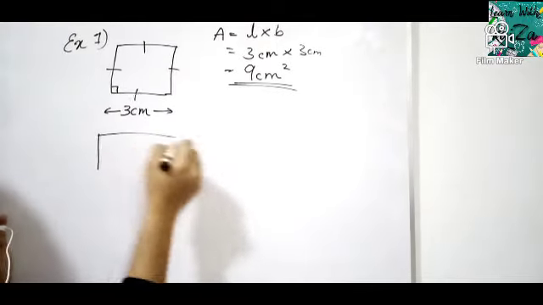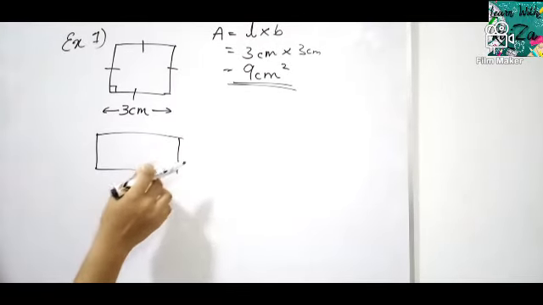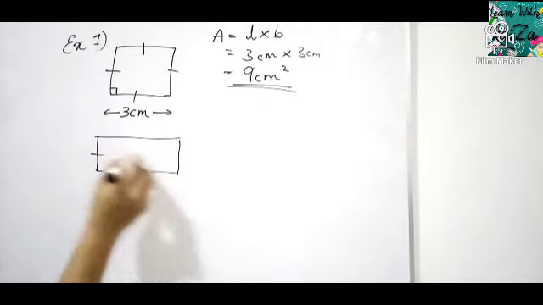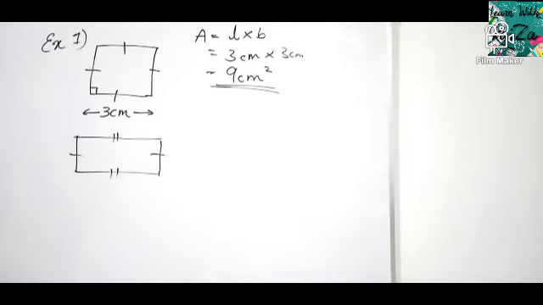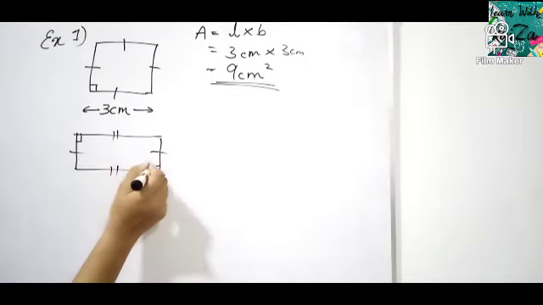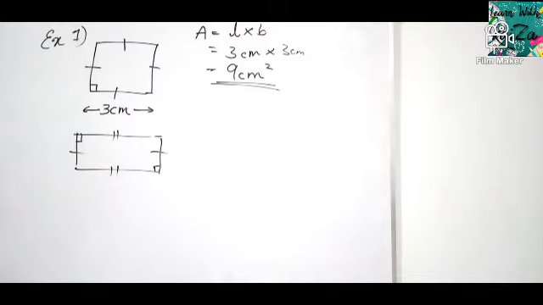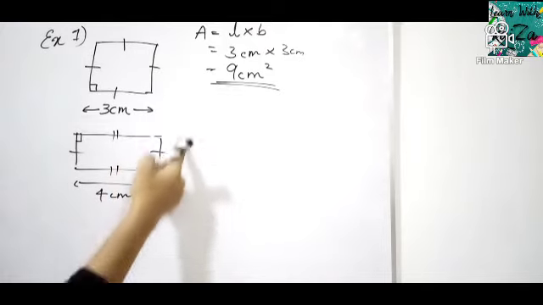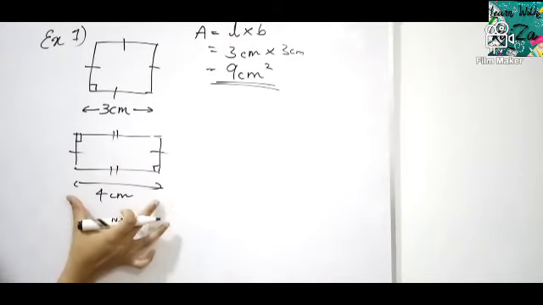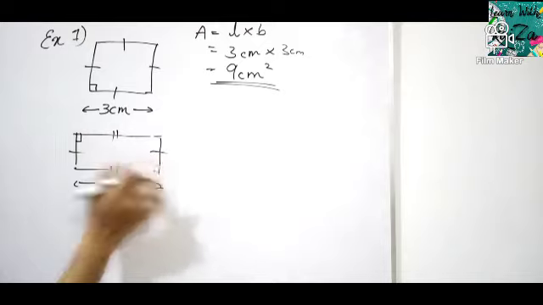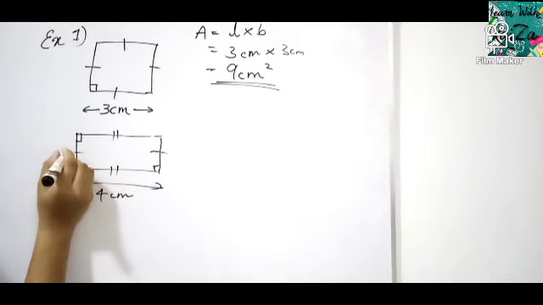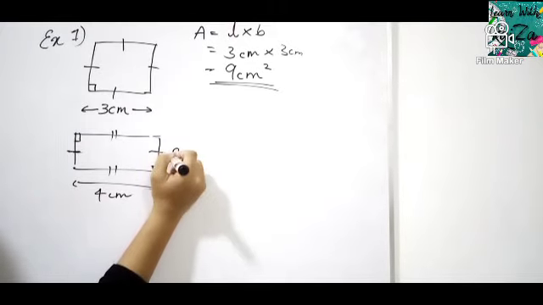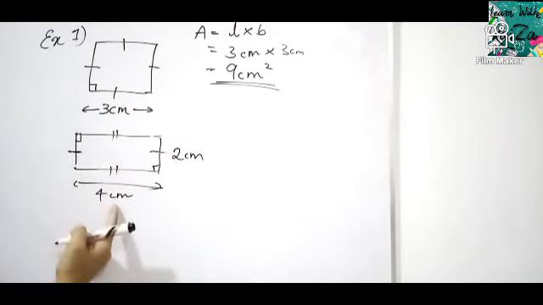So then let's take another simple figure. That is area of the rectangle. Okay, this is a rectangle. So a rectangle is not like the square. Two sides are equal and the other opposite two sides are equal. Okay, but also the vertices, the angles are 90 degrees. So now if I give you this as 4 cm, you can't assume that this length is 4 cm. If this is 4 cm, this is 4 cm, but these breadths differ in length. So let's take 2 centimeters. So this is 2, 4, 4.